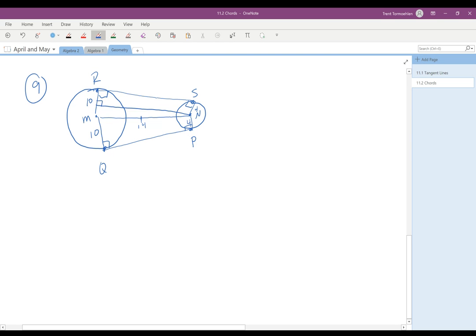To solve this, the method I gave you in the notes is to draw in a rectangle. The reason that's a good thing is because if we know that this length right here is 4, then this length over here is also going to be 4. And if that length is 4, then this length right here from this point to here is going to be 6. And then because MN is 14, we end up with this right triangle, and the right triangle looks like this,